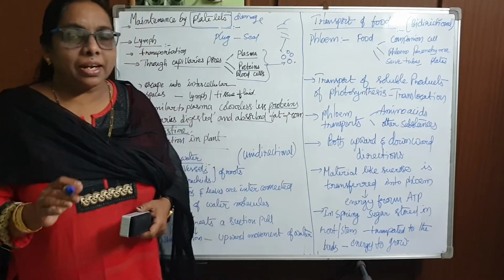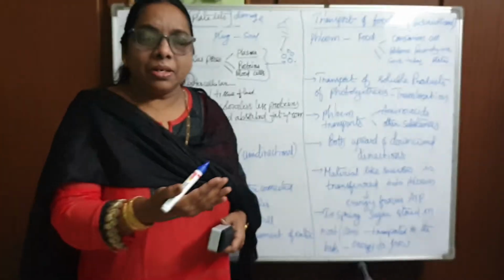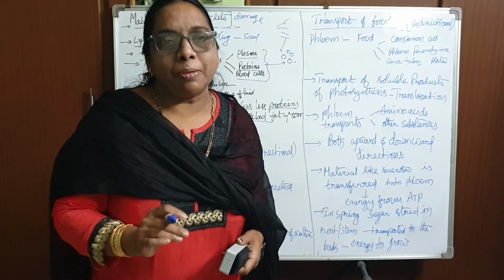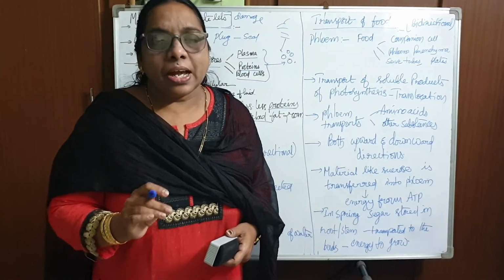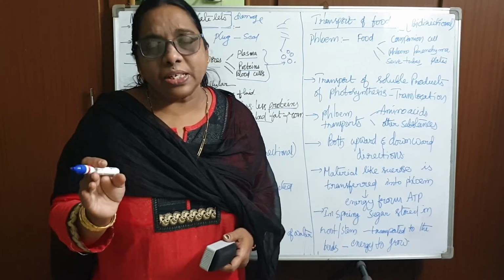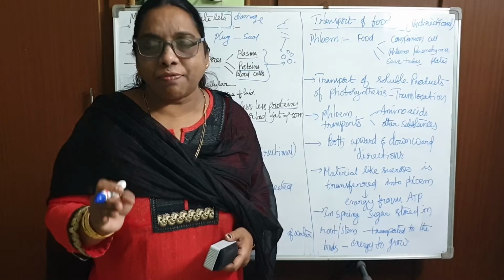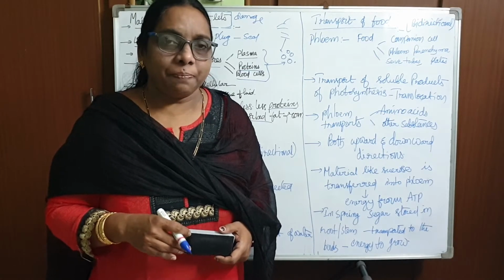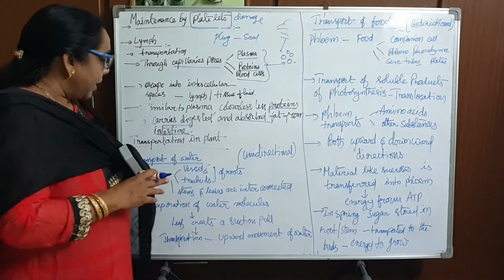Okay, lymph is a colorless fluid formed through the capillary pores. Through the capillary pores, a little amount of the plasma, proteins and blood cells escape and settle in between the cells, which is called intercellular fluid. It is known as tissue fluid or lymph fluid. Okay, is it clear, children? Yes. The next topic,